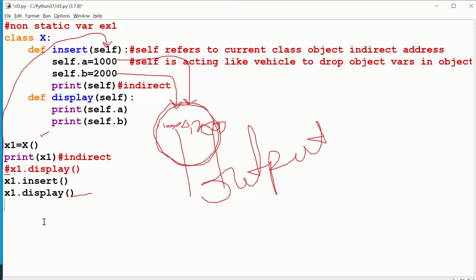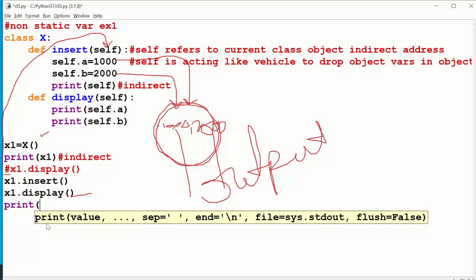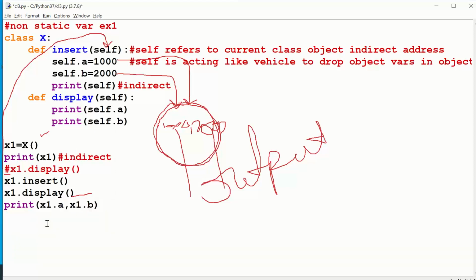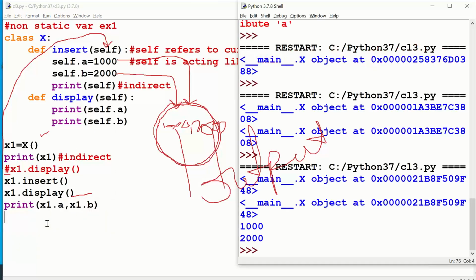Now let me just take this example. How do we print A and B outside of the class with a reference variable? x1 dot A, x1 dot B. Control S, F5.